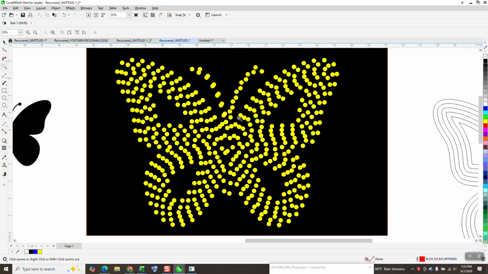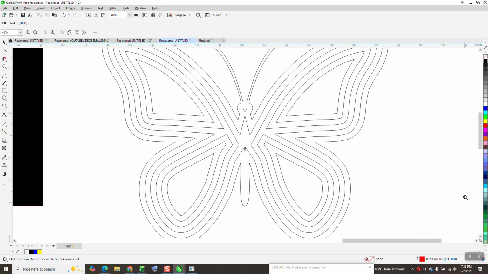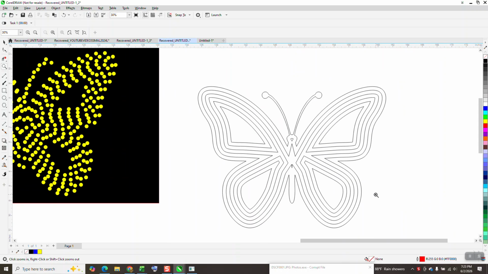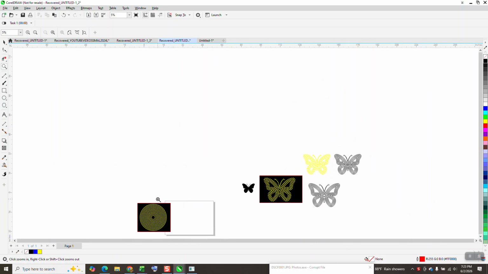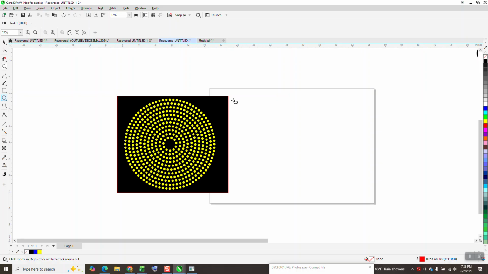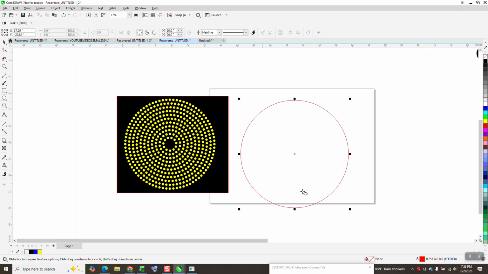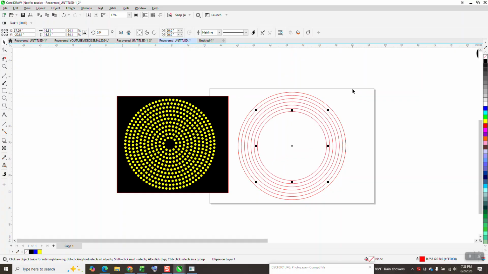A couple of days ago, I made this using Object to Path, and if you didn't watch that, it's pretty cool. But I started thinking, what would it look like with Object to Path if you had a symmetrical, even item? So all I did was take an ellipse and hit P, and then I'm going to Control D, and I'm going to move it in, holding down the Shift key, and then I'm just going to Control D a bunch. Now, what's cool about this,